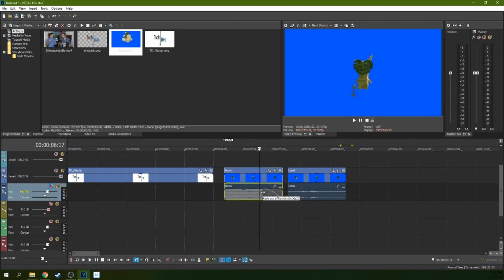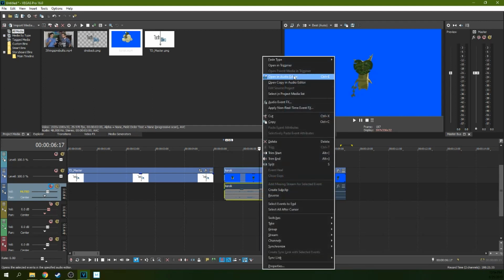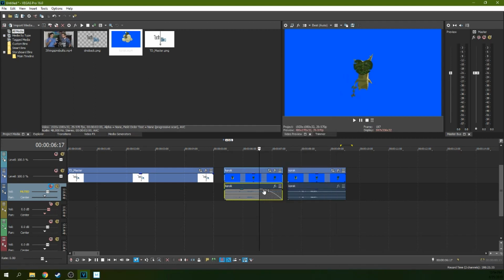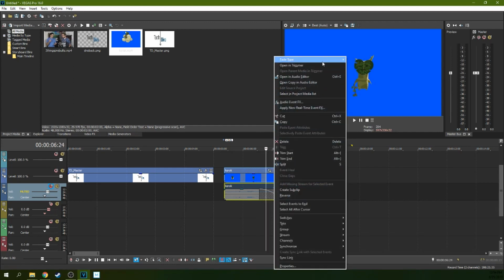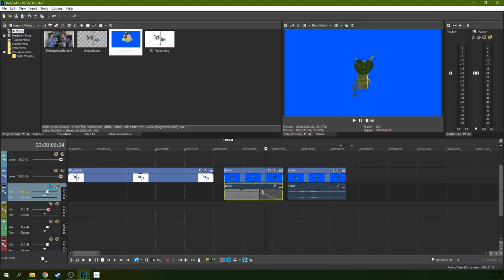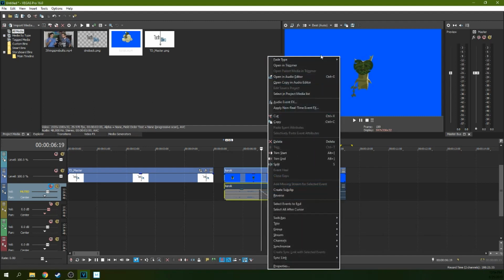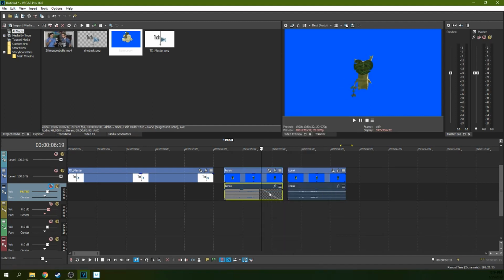You can also fade your audio out. You can fade your audio in. You can change your fade. If you right click, you can hit fade type, and then you can select the different kinds of fades you want, whether you want it to be a long fade or a quick fade, and then suddenly like an exponential type curve. You can change the curve type of your fade,